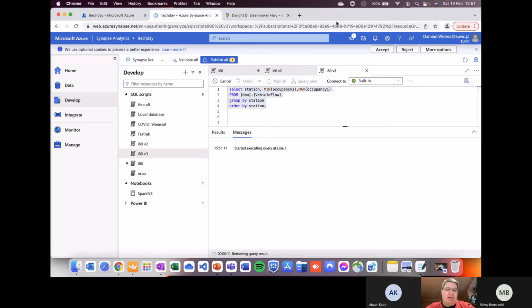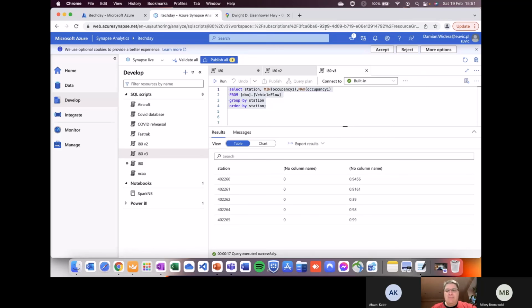The result I'm expecting is between 0 and 1. This is something that we should see on each of the stations. So you see it's mostly true. We have 0 and 95%, 91. But on station number 62, you see that's only 39%. And it looks like there were some road works,